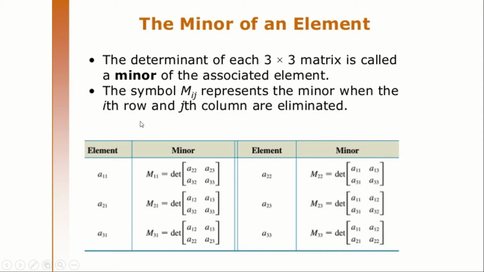Okay. So see here, when you have a 3 into 3 matrix, the first element will be M11. If the first element is M11, then the adjacent row of that M11 will be deleted, the adjacent row and adjacent column. So M11 will be an element where the adjacent row and adjacent column are deleted. The remaining elements are said to be the minor of that element. Okay. So the minor M11 is said to be the determinant of A22, A23, A32, A33.